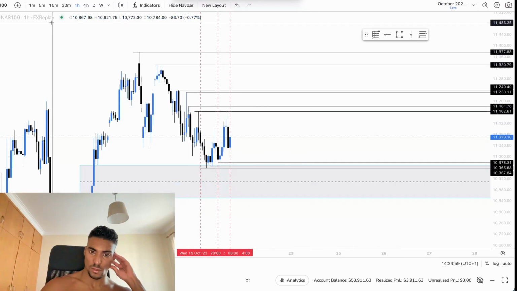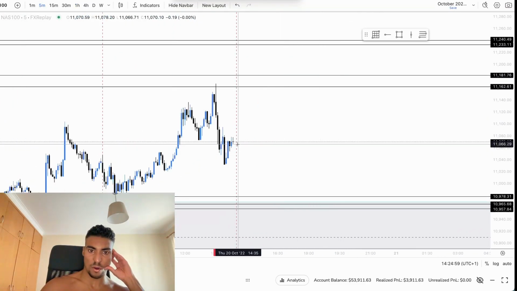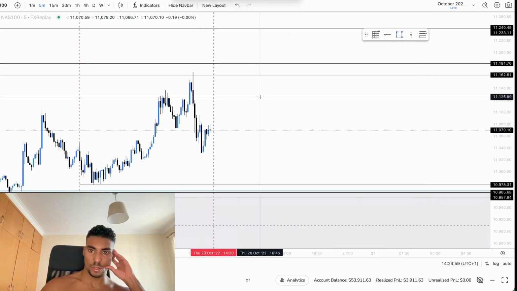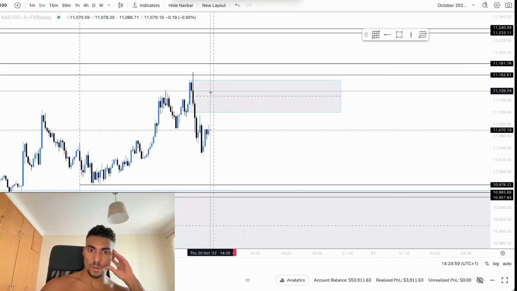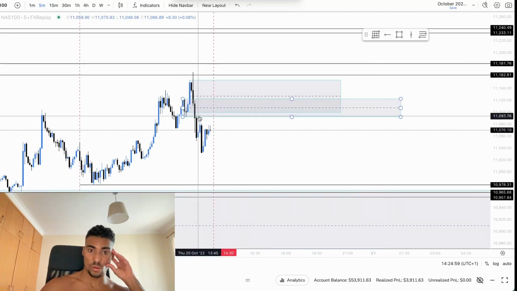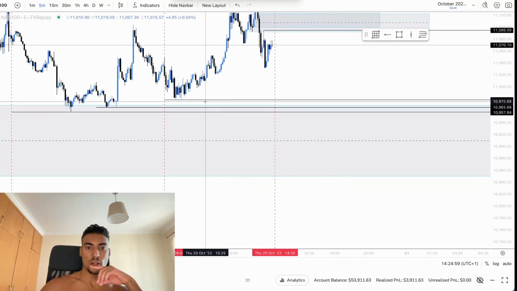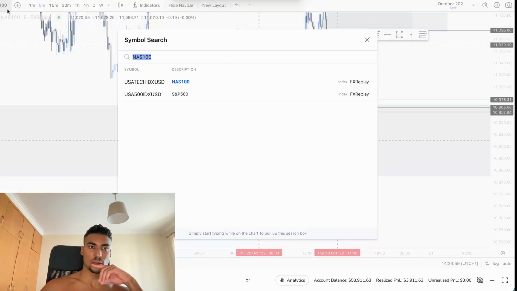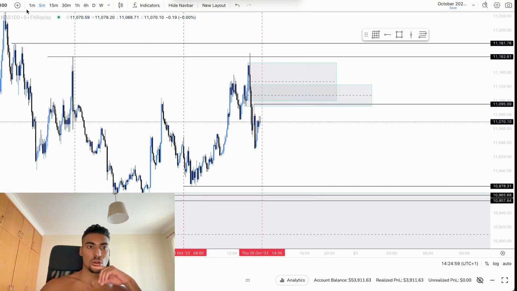Let me check. That's pretty much it. Manipulation reversal. I'm expecting these highs to get swept, potentially filling this 5 minute order block and 5 minute breaker block. That's what I want to see. If we sweep out these 5 minute highs, I can mark it around here, and then potentially get into this order block, breaker block. Then I'm looking for the entry to the downside to hit those 3 targets on both the S&P and Nasdaq. So yeah, let's look into it.